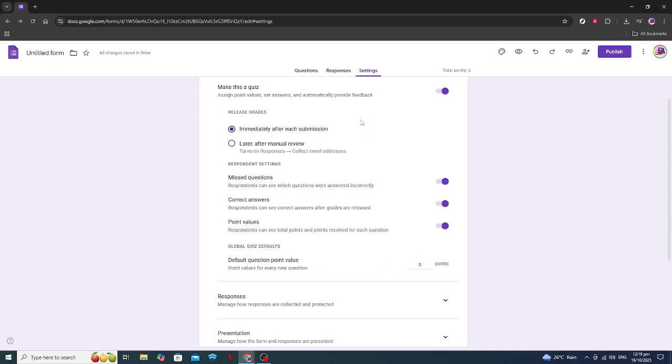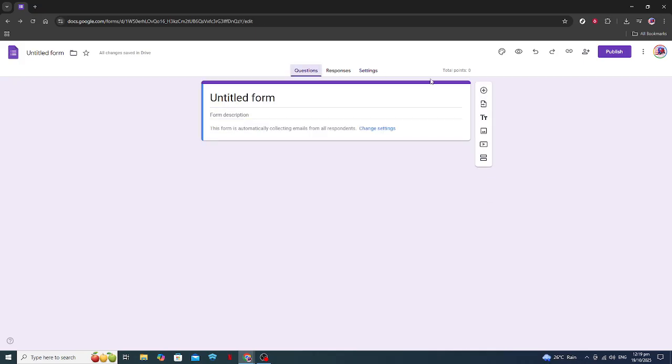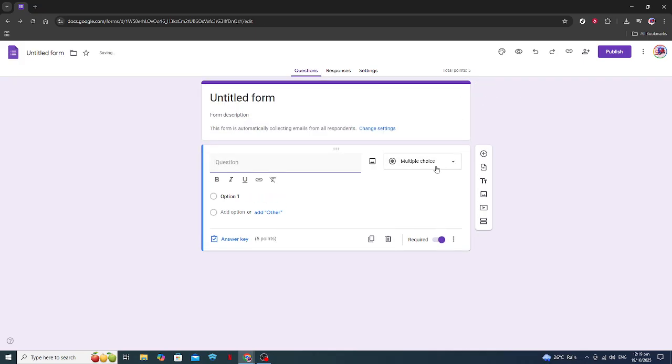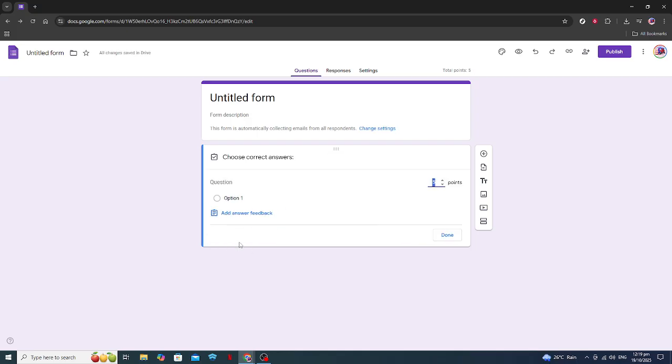Now, with quiz mode enabled, go back to your form and click on one of your questions. You'll notice a small button labeled Answer Key appears at the bottom of each question box. Click on Answer Key, and here you can assign how many points this particular question is worth. For instance, if you're creating a 10-question quiz and each question is worth 10 points, simply enter 10 in the points field. Make sure to repeat this process for every question in your form to ensure that each one is